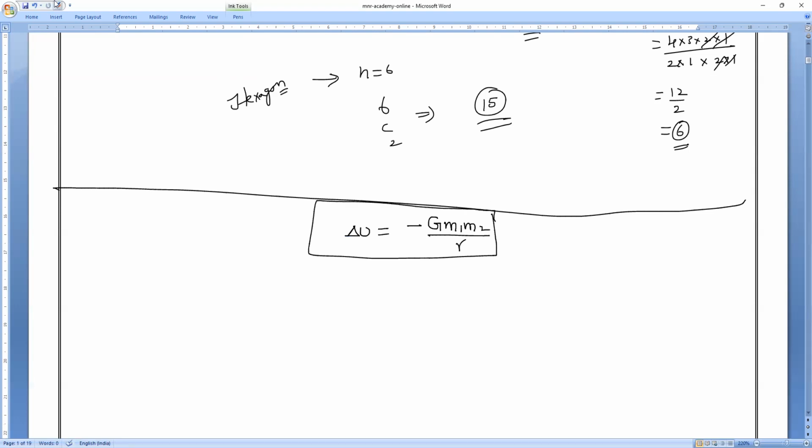Remember, in today's class you need this formula, and the next concept we are going to study, the same formula will be useful for us. Now,